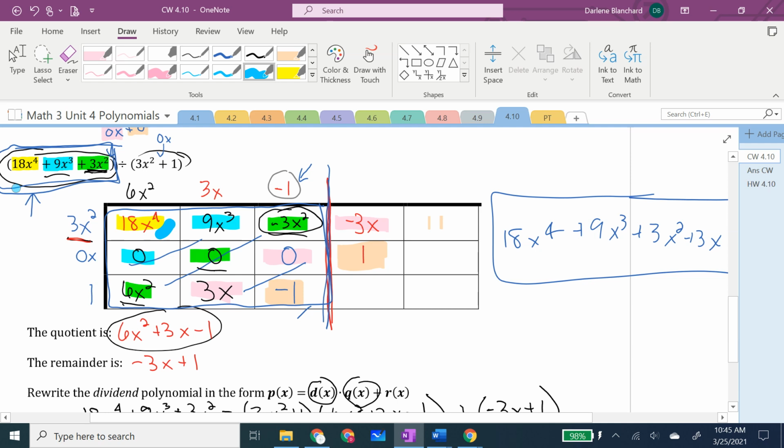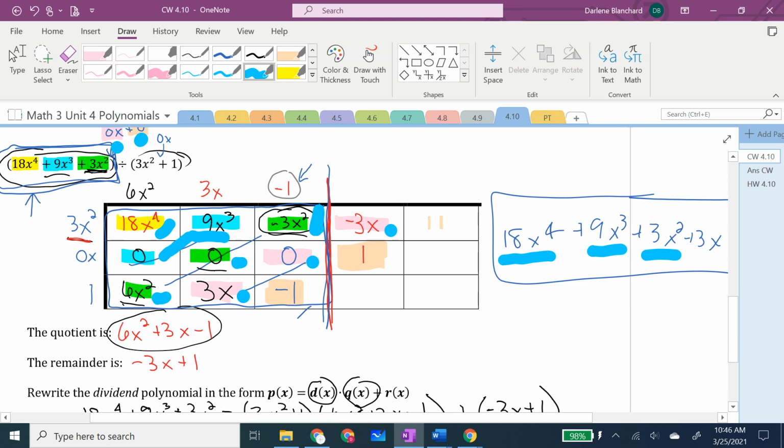This right here created 18x to the fourth. I had to come up with 9x cubed for this term. These three boxes were the only ones that were going to add up to make a 3x squared. That forced me to have to make this a negative 3x squared. But after that, I ended up with things that needed to have more brought in to get the correct term for x and to get the correct constant term. And I'm supposed to be getting 0